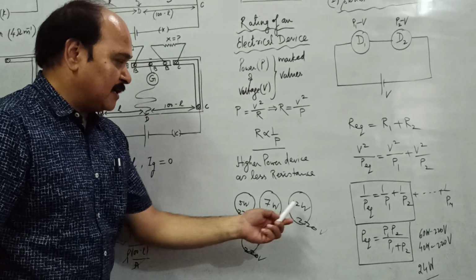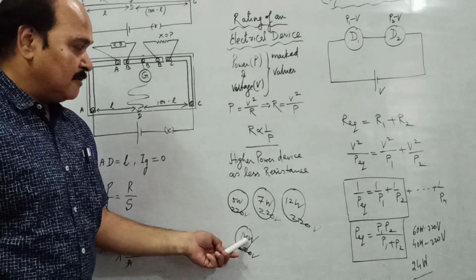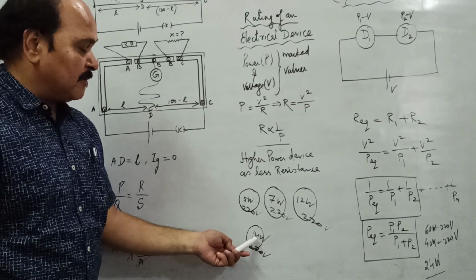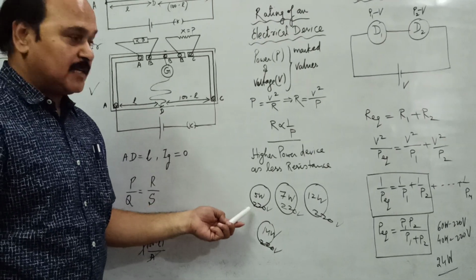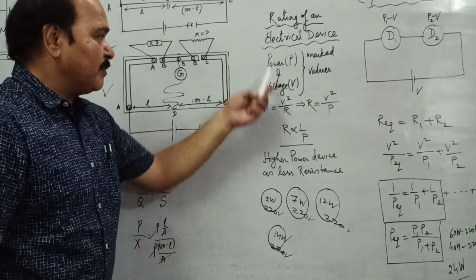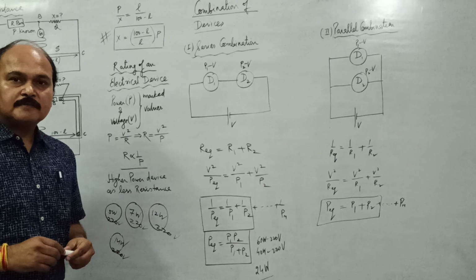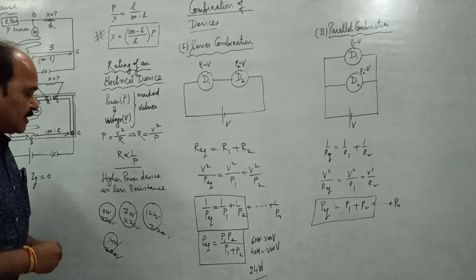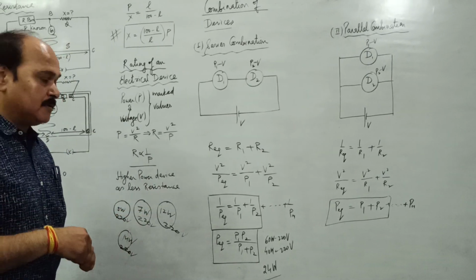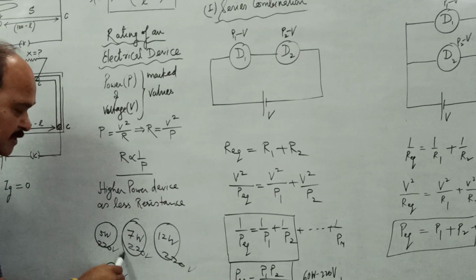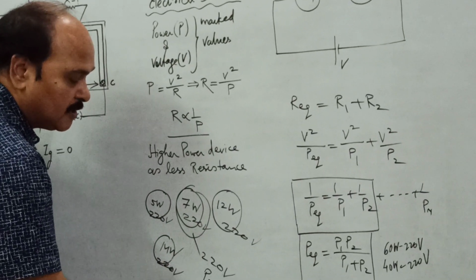So if you look at all these LEDs having different power outputs, the one which has maximum power, 14 watt, will have least resistance, and the one which has least power will have maximum resistance. Now what happens when these devices are connected across a source? Children, when these devices are connected across rated voltage, the power operated across them is the rated power. Like this, if this bulb is connected across 220 volt, only then the power output across it would be 7 watt.